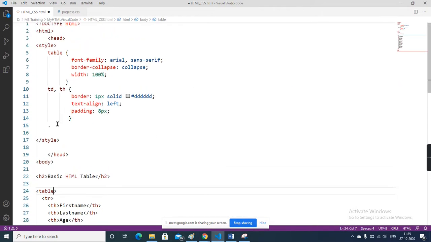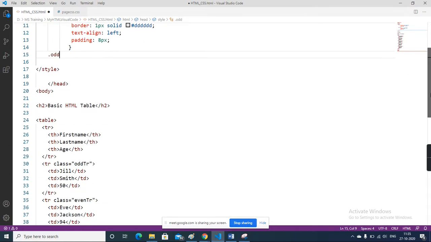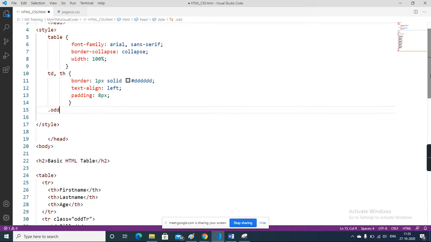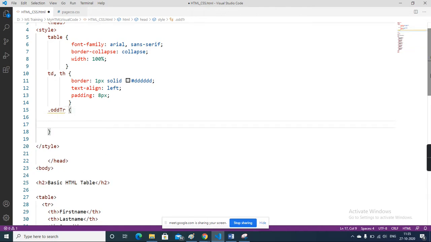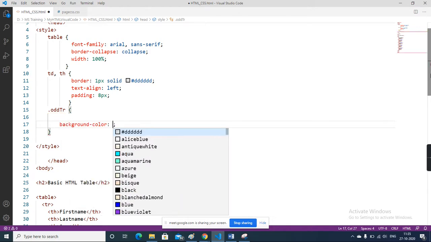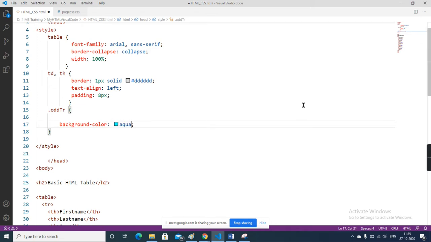Now I say odd tr, and in that I want to give the color. Background color, I say this color. And for even tr I just copy.